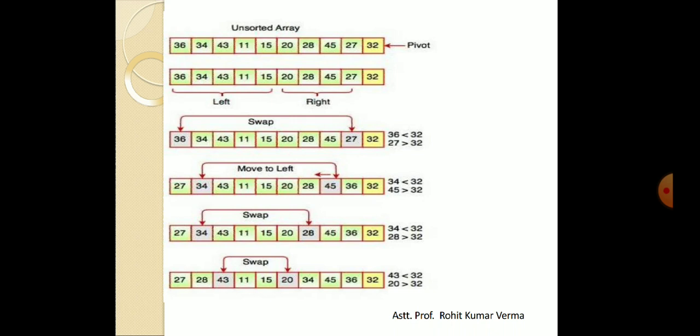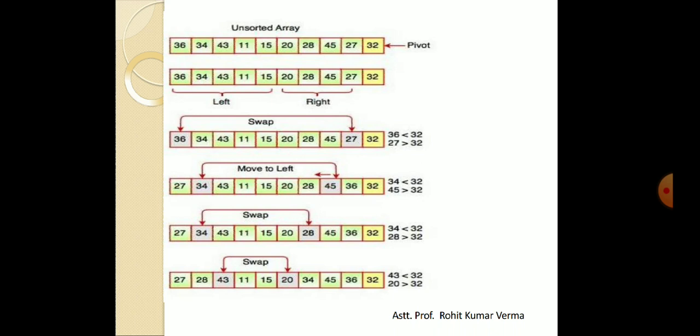So in the next step, again we are starting left scanning. Whenever we are starting left scanning, you have to check for an element greater than the pivot point. So first of all 27, that is lesser than; moving to the next element, that is 28, which is less than; then we are moving to 43. So dear students, the 43 is greater than the pivot element. Stop left scanning.